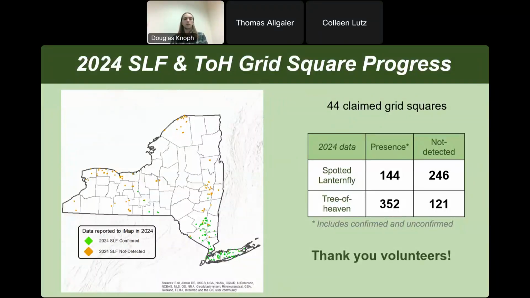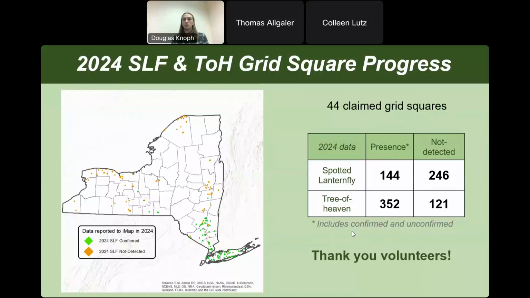And then before we get started into the species ID portions, just a little bit about the data that we've collected so far this year. So for the iMapInvasives Grid Square program, which has been going on since early June and I'll talk a little bit more about that after Tom introduces the species, we've had 44 grid squares claimed throughout the state, and these are just a few metrics of the information that we've collected from these grid squares and a rough distribution of where the data has been coming in.